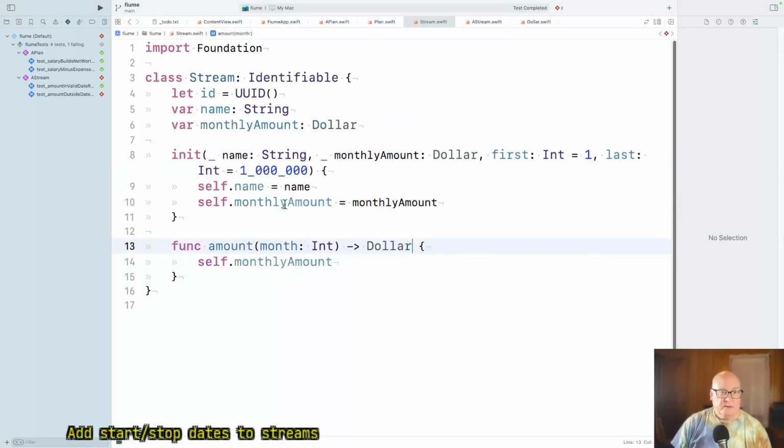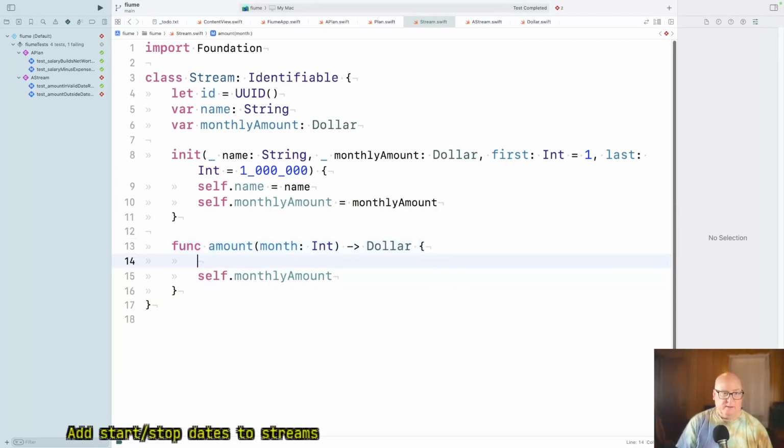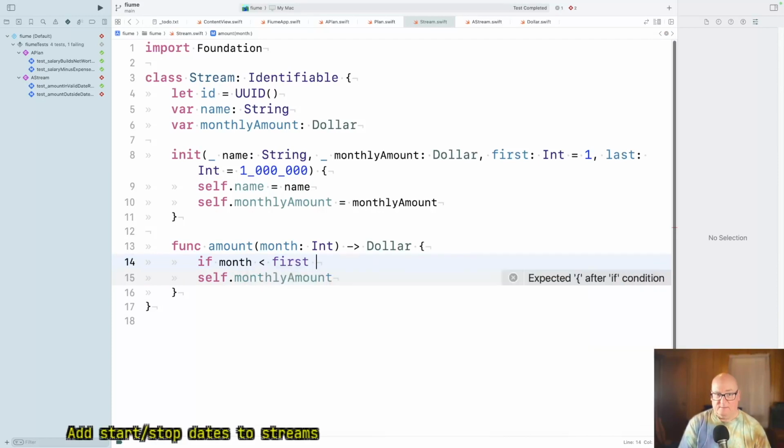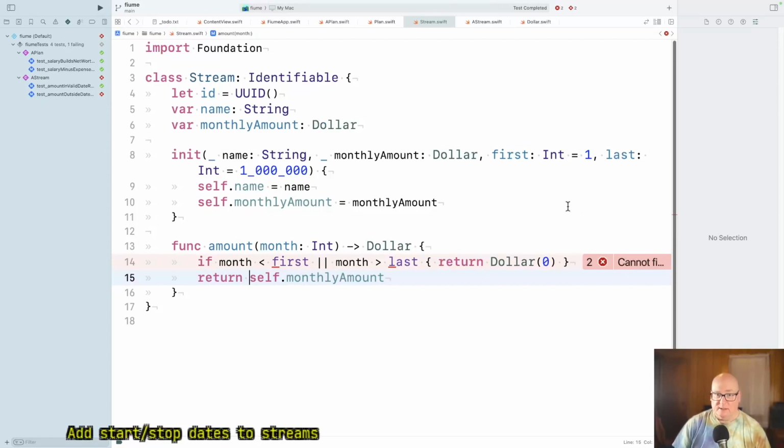Okay, so what I really want to say is if month is less than the first month, or month is greater than last, return 0. Otherwise, return self.monthly amount. Okay, we've got to keep first and last around.